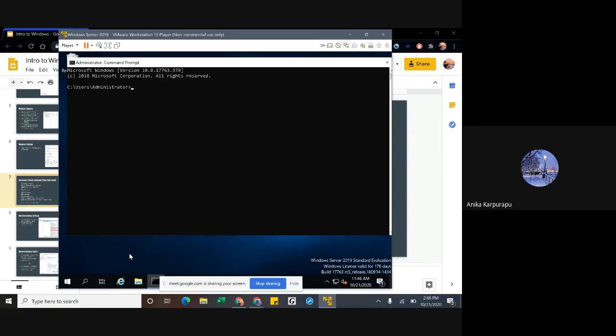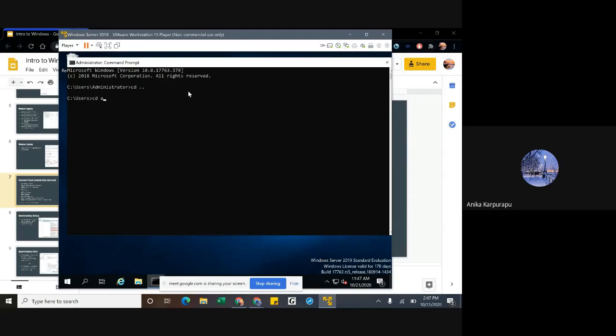First, let's talk about cd. cd lets you change directories, and you can go down one level or up one level. Right now you can see we're in C users administrator. I'm going to use the cd command and go back down to users, and I can do this by using 2 dots, and that'll take me down. Then if I want to go back up to administrator, I can do cd A, and then